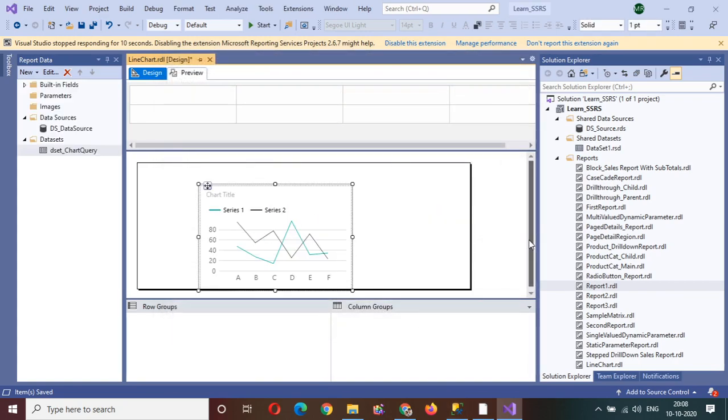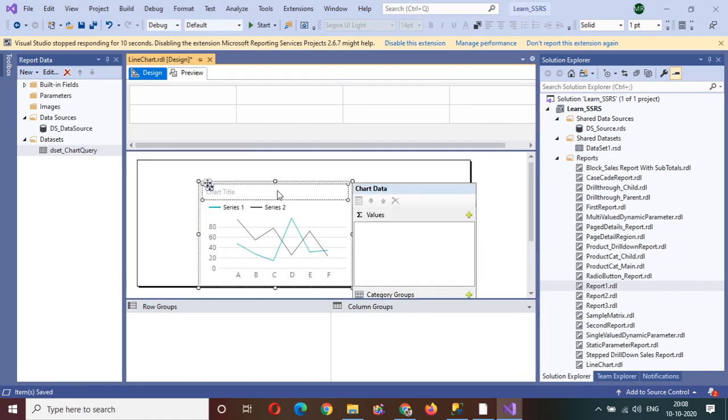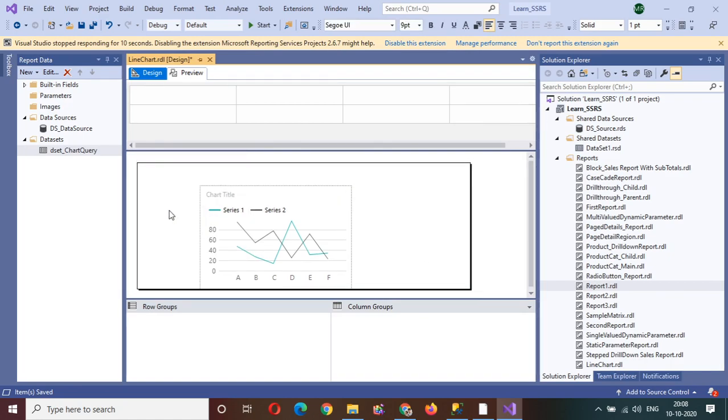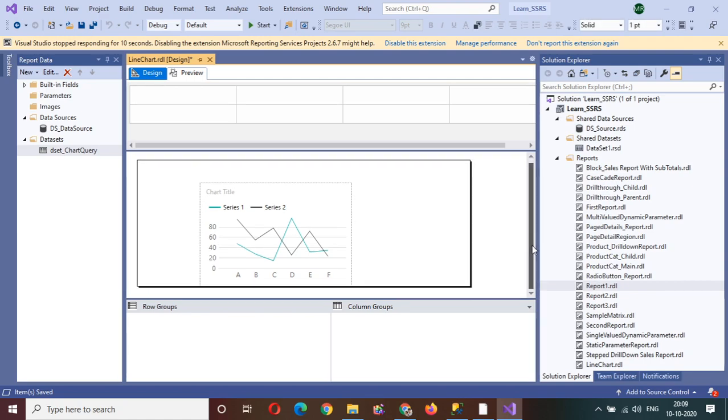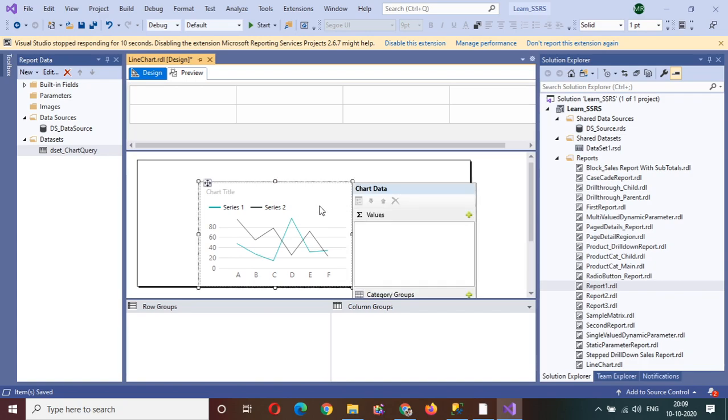Okay, if you see, this is the design of the line chart that is created. So what will happen if I click on the chart or select this chart? Double click on it. As soon as you double click on this area, you will get on the right hand side the values to be inserted. As of now we do not have any value, it is just grayed out, or we can say it is just a template. You need to fill in the data that you want to show.